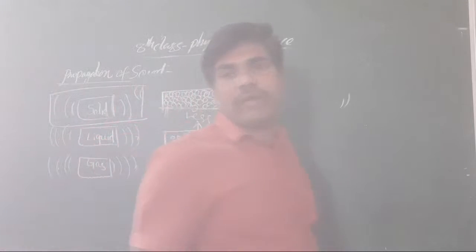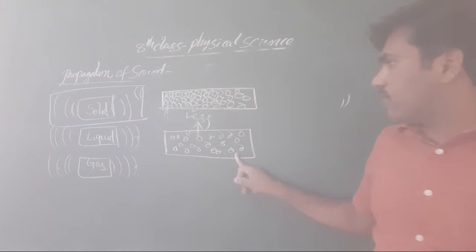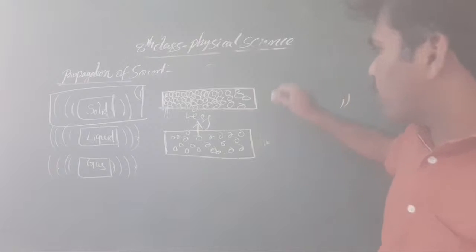Okay, and then come to liquids. In the liquids, the particles are separated from one another, away from one another. They move in a random nature. Because of that, somewhat less vibrations are produced. Okay, clear or not, all of you? Somewhat less vibrations are produced, and less propagation is also possible. Because of that, the velocity, otherwise the speed,